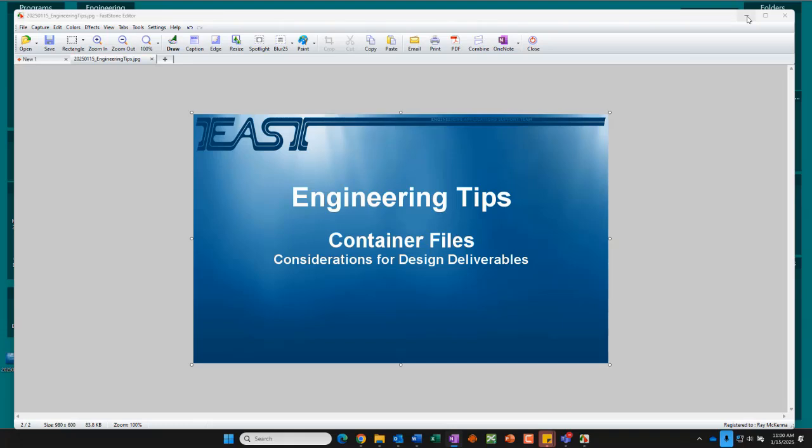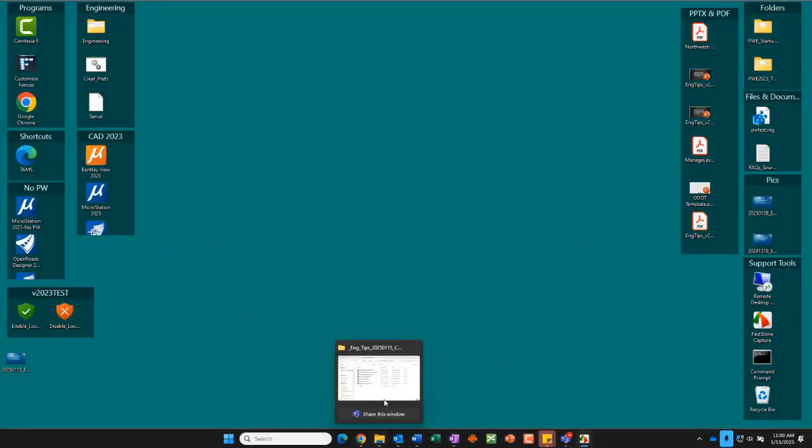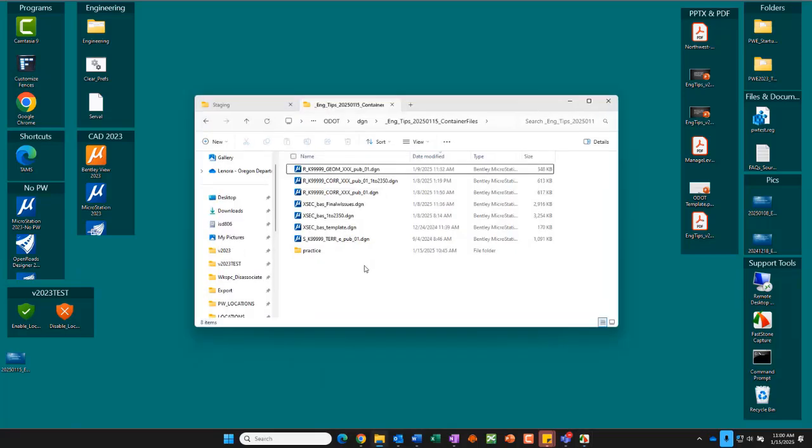I want to show you some files and explain first what they are. I have a list of files that I've been using for a couple of weeks now, and there are published geometry files, published corridor files, and then there's cross-section base, and I have a terrain published file. What I don't have in this data set yet is container files, so I'm going to make some today and show you an appropriate way to create container files, especially if you're using them as a deliverable for the design